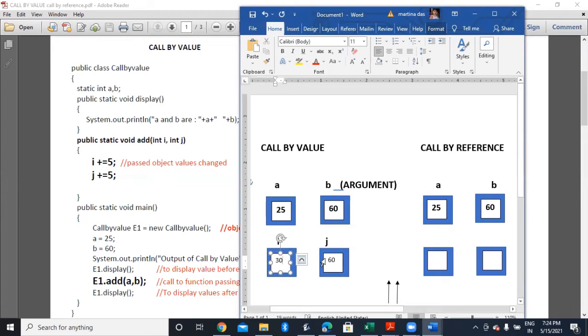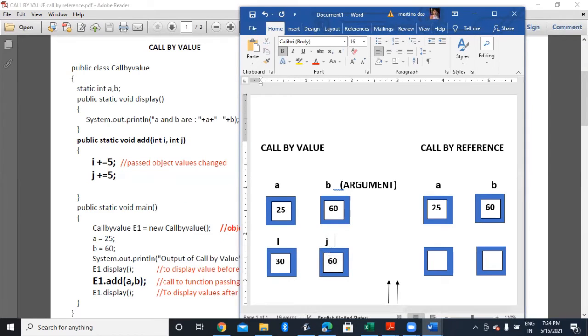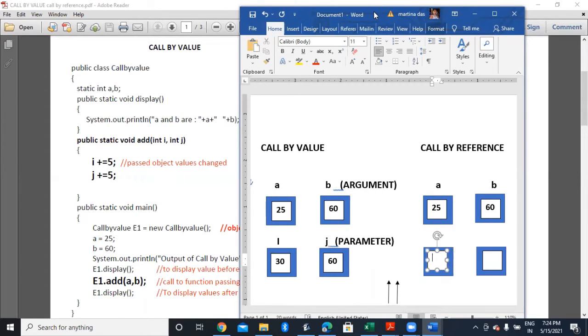Now you can see I am not making any changes in my argument. I am only making changes in my formal parameters, that is in call by value. Now I'll just specify over here, parameter, or you know it as formal parameter. Now, but so is not the case in call by reference.